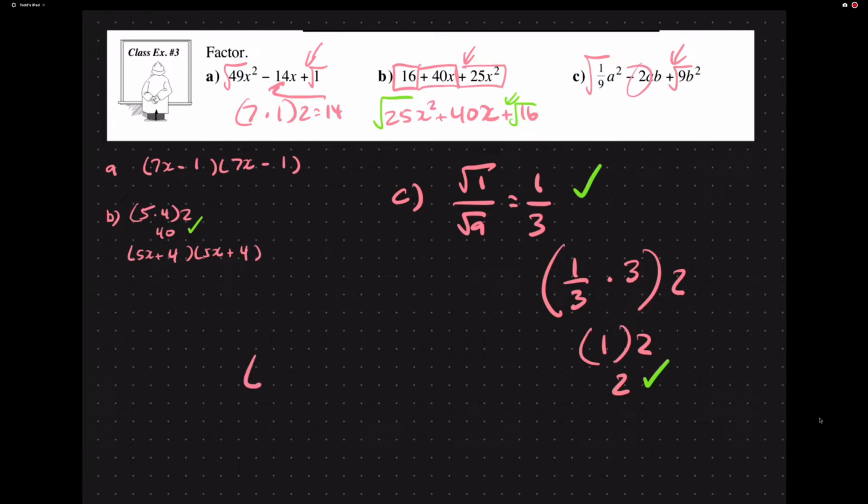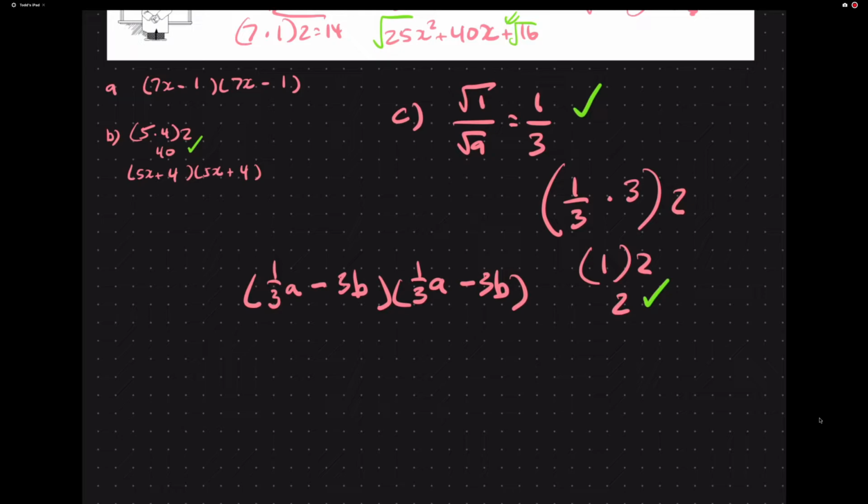So let's just break that up into two binomials. The square root of 1 over 9 was 1 over 3, and it's a, so 1 over 3 and a. The signs are the same, they are both negative. And the square root of 9, and don't forget there's a b squared right there, is going to be 3b and 3b. So this one was a little bit more